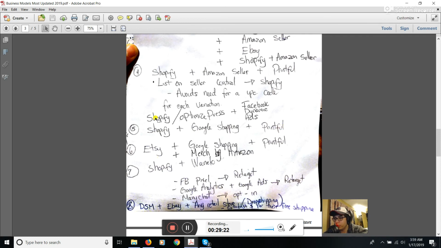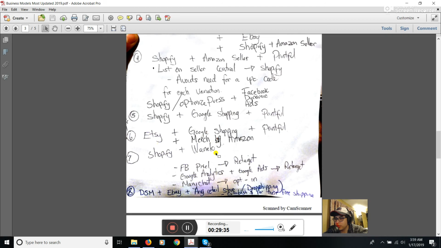And so you're integrating Printful with Shopify, and then from Shopify you go with Google Shopping. Same thing here, Printful and Etsy, and from Etsy, Google Shopping, right? Or merged by Amazon. So the next one, I actually haven't even tested this one myself, but I'm pretty sure